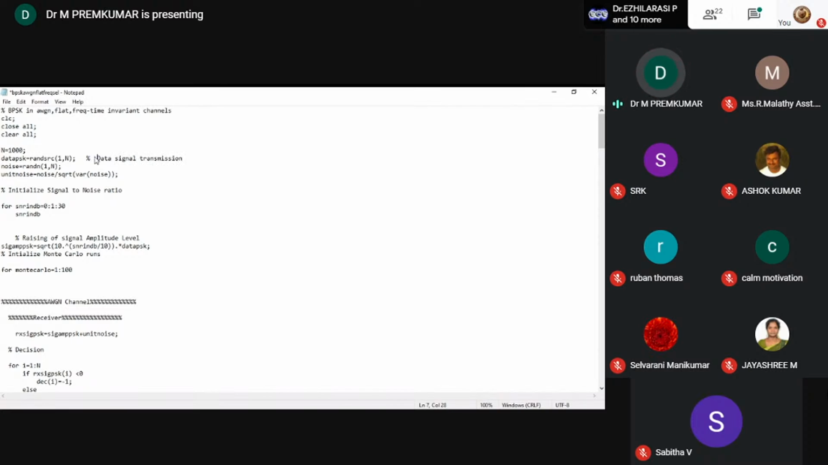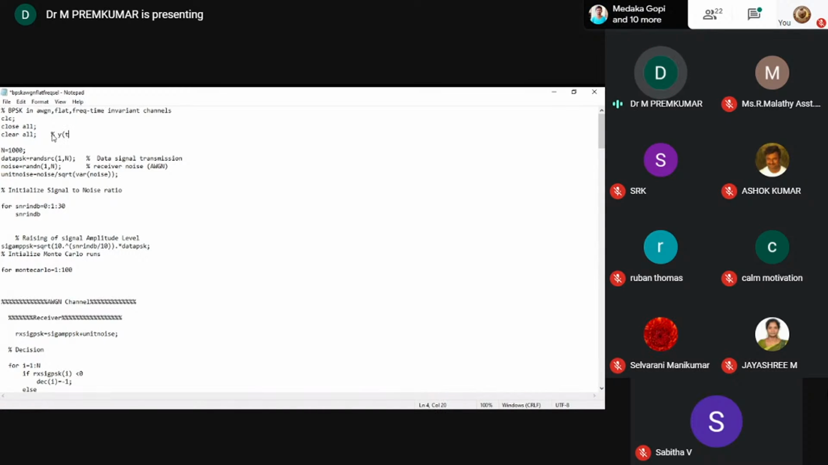So this is the data. I give a command line. This is the data signal transmission. Then this is the receiver noise, that is probably AWGN noise. Okay, so our objective is we need to consider y of t is equal to